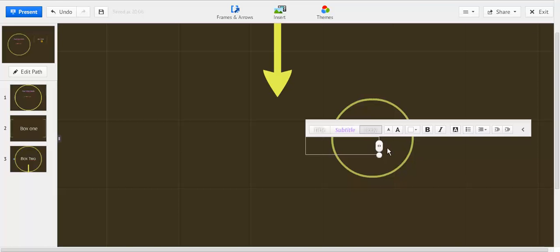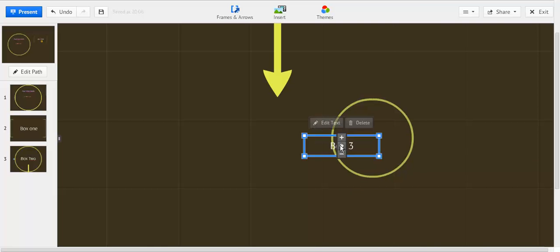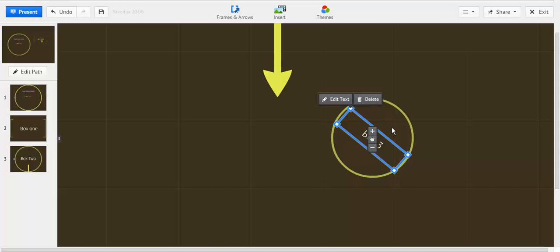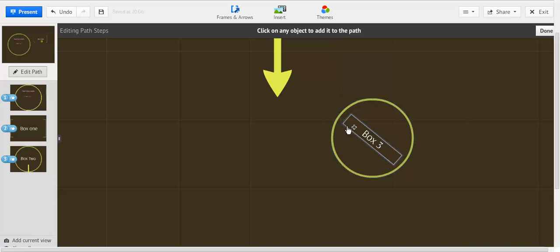Alright, let's go ahead and put some information in here. Let's call it box 3. And once again, I tend to like to center these. And notice it's way over there, so I'm going to want to click on that. I want to center it here, and let's tilt this that way a little bit. Now, it will automatically tilt your information. Like when you go to see it, the screen will tilt, and I'll show you what that looks like as well. So let's edit the path, and let's just do box 3